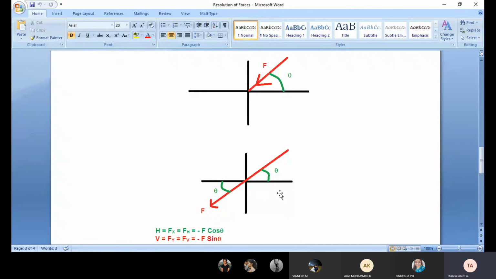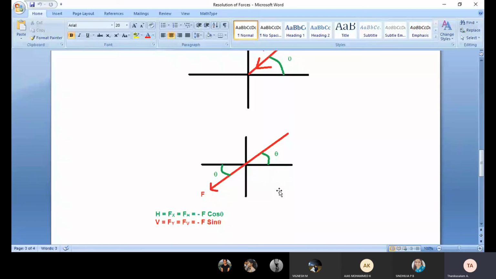Remember, this is very, very important. You can expect this type of question. But if people think, oh, this is the first quadrant, where x is plus and y is also plus, don't think like that. It goes to the third quadrant. Now see here, theta is with respect to the x-axis. So what is the horizontal component? Minus F cos theta. What is the y component? Minus F sin theta. Y is minus because it is the third quadrant, so x minus, y minus.